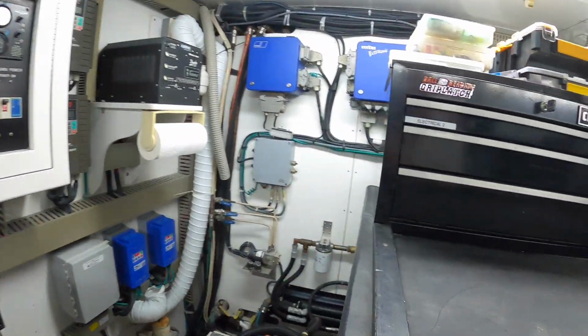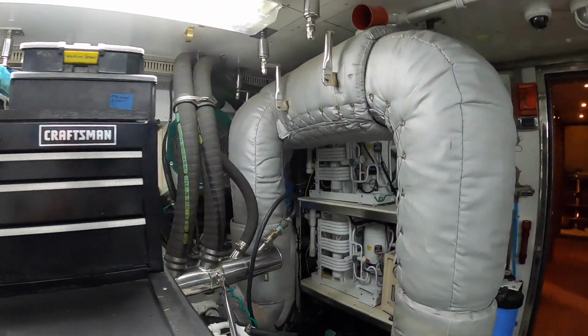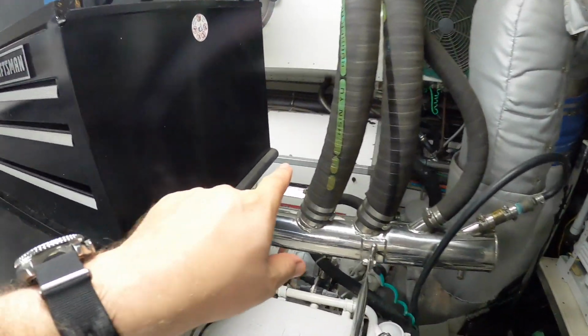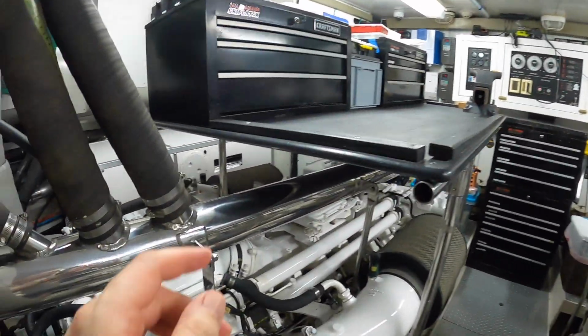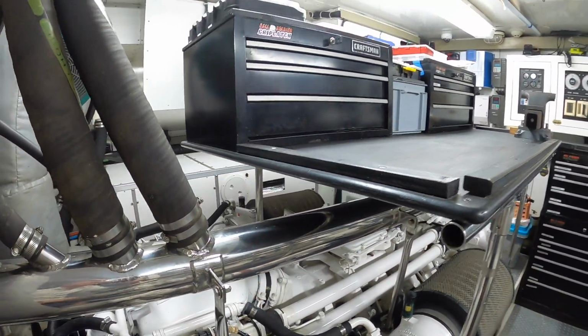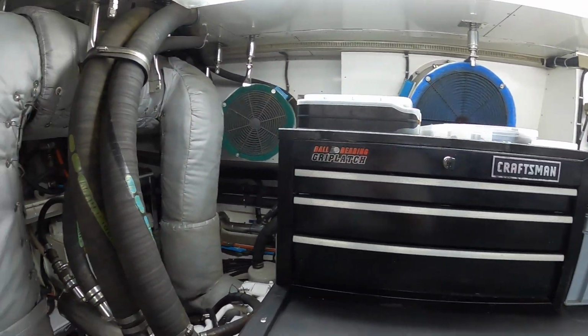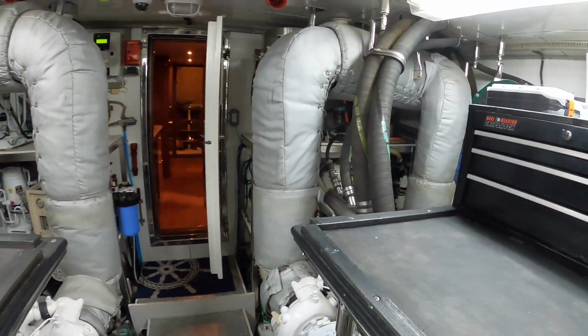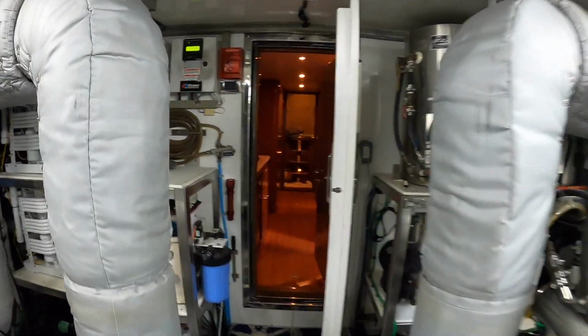There's Northern Lights generators, you can see those I believe. Yeah, there we go. Just in back behind there. One on that side. And there's one as well. You can just see it in through there. But that is a decent engine room. There's a lot of space on this boat. Pretty much wherever you go, nothing feels compromised. Very impressive. And if we head right to the back,